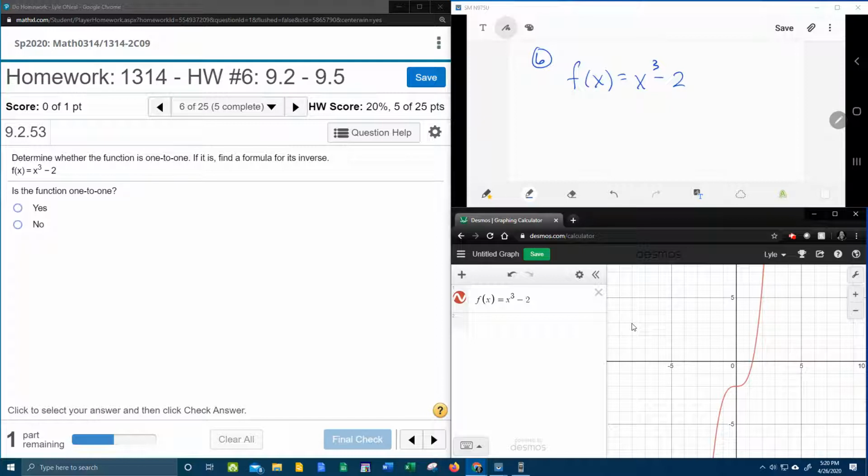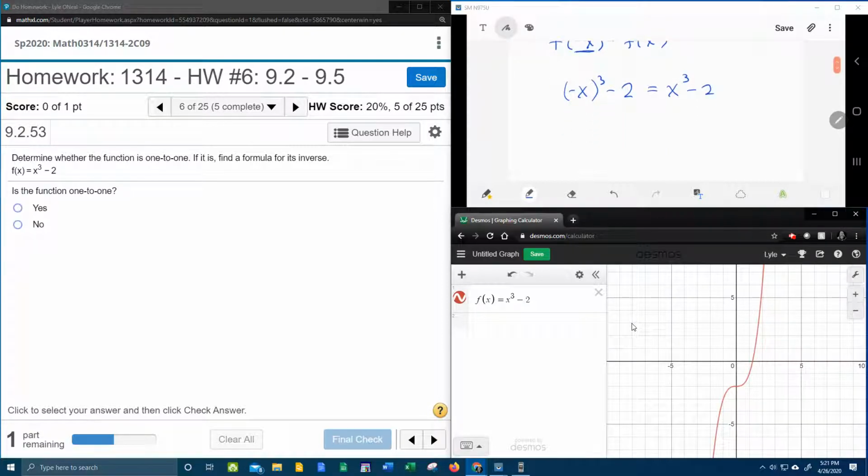But if you don't have access to Desmos, you're going to have to know how to check that algebraically. So here's how you can check for 1-to-1 algebraically. You're going to check and see, is f of negative x equal to f of x? If that is true, then this is not 1-to-1. All right, so we're going to replace every x in the function with negative x first. That's going to be (negative x) cubed, and it is important that you put those parentheses. And we want to check and see, does that equal the original function, which is just x cubed minus 2,